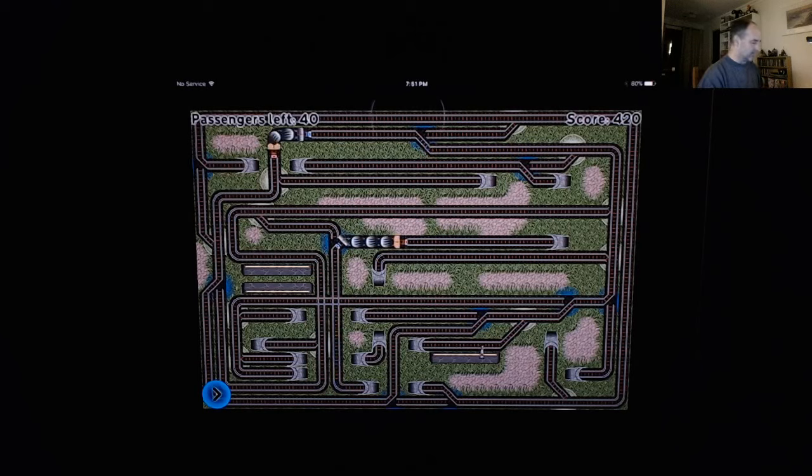Actually, hmm. Let me see if I can remember how to play this one. Yes, yes, yes. So, okay, so this will follow the same line as the other train then. So that's going to go around here, go through there. Wow. Okay,